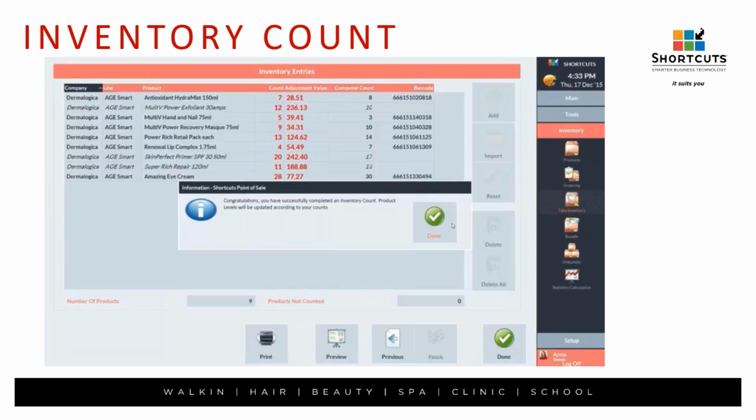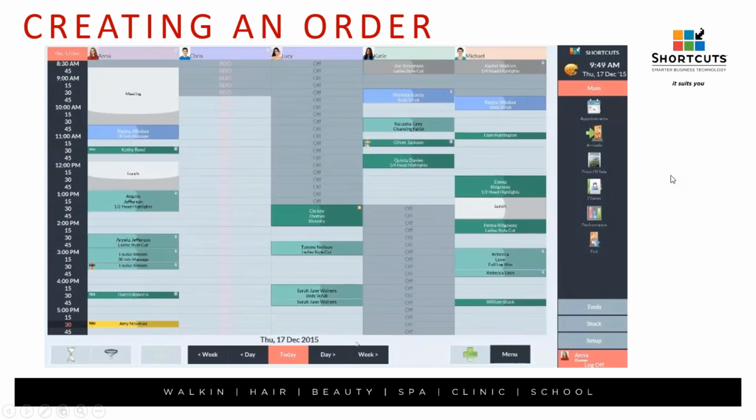Okay, so again, you guys, obviously that's a really big part, right? Before we can talk about ordering and receiving, we need to make sure that our levels are actually up to date. All right. So once we know that our levels are up to date, then I can talk about creating an